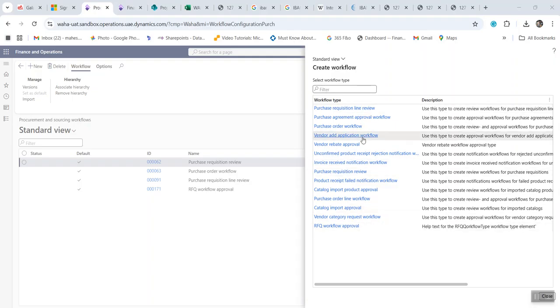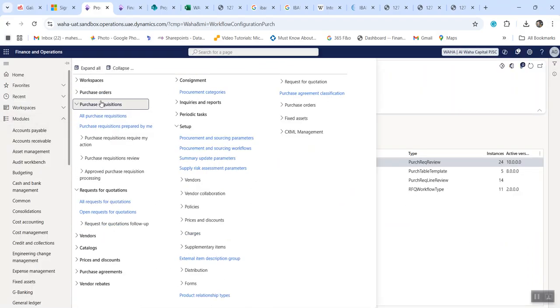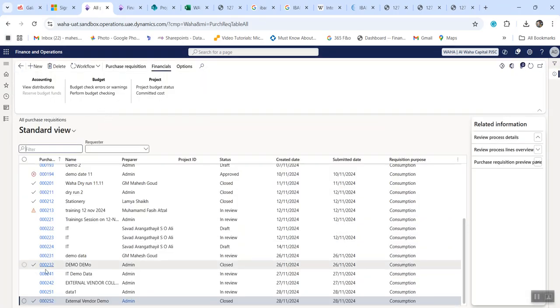So we have two different workflows over here. One is purchase requisition review and the other is purchase requisition line review. So what does this refer to? Let me show you. If I go to the all purchase requisition module, and open any one PR,